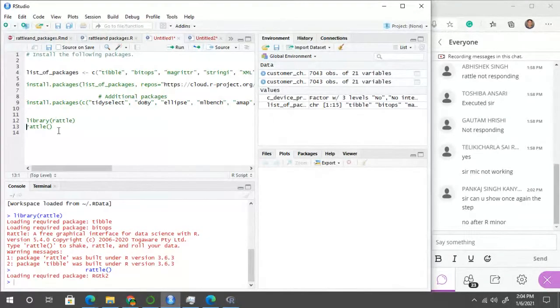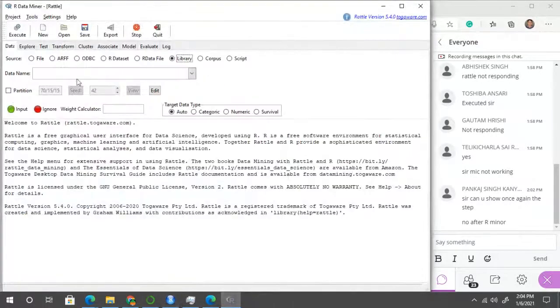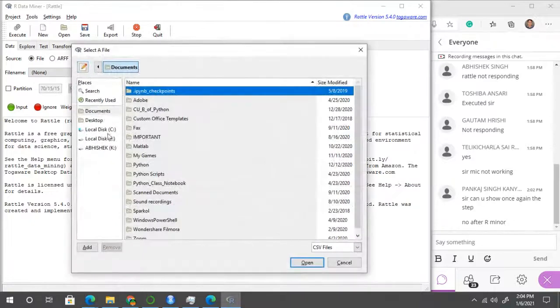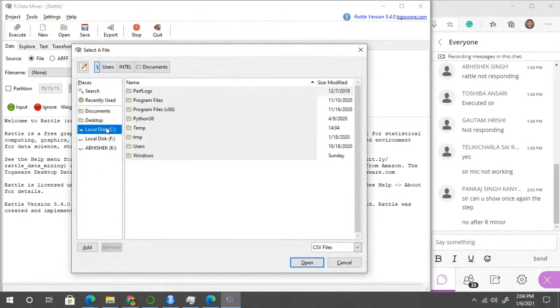When you call these functions, a new window will appear that looks like this. You can import different data sets from the file we have seen in this option. If you click on this option, you can drag the component from your drive.